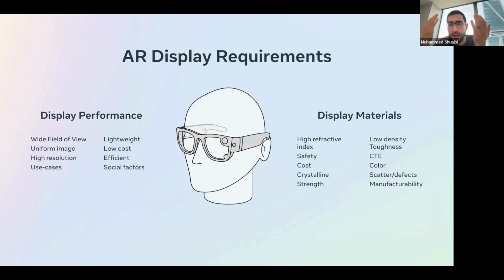So you've probably seen the Ray-Bans, you've probably heard of the VR headsets, but specifically say the AR glasses, for instance, to be able to get high resolution, especially if you want to see displays inside your glasses, you need to have high resolution. You need to be able to have a high field of view. All of these are materials discovery problems, because depending on the type of material you're using in the glass, that's critical to studying these properties.